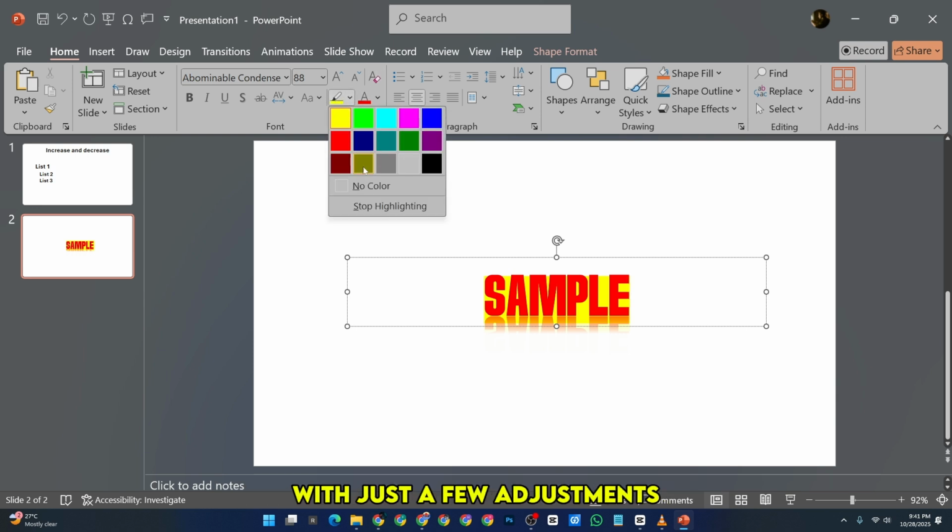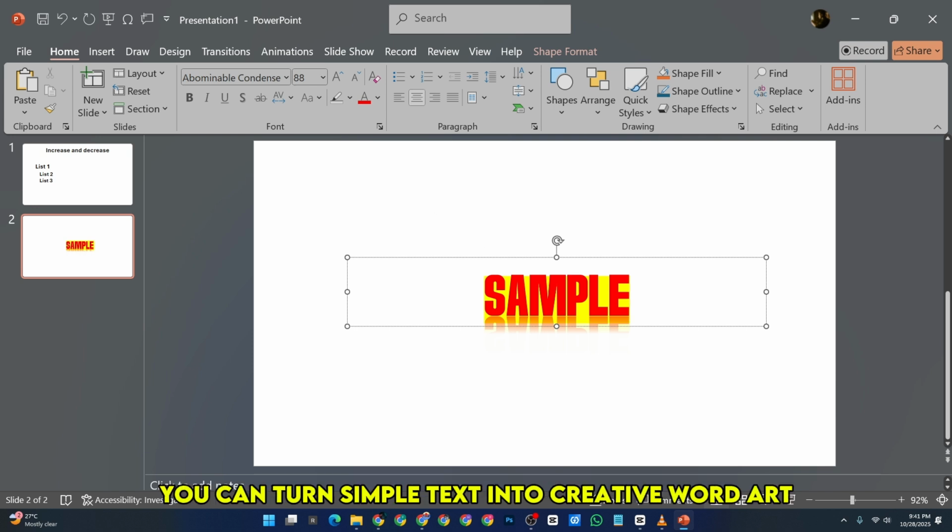And that's it. With just a few adjustments, you can turn simple text into creative WordArt that brings life and personality to your